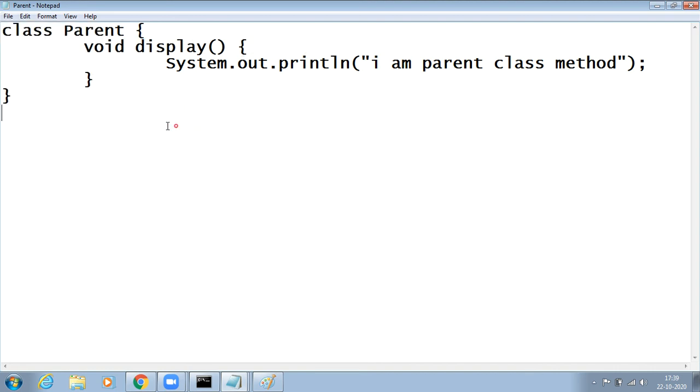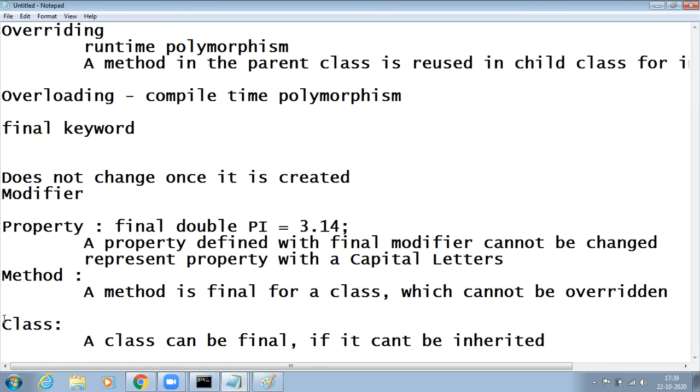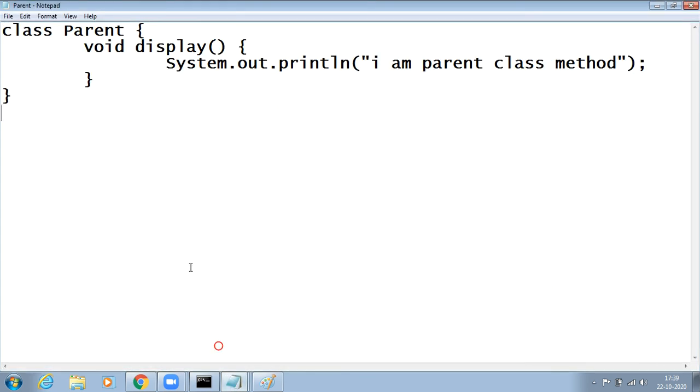And the third thing is the parent class, or a class set to be final. Now, property as final, method as final, and now class as final. So when do you want a class to be final? A class is made final only when you want to restrict the child from accessing the complete parent class.